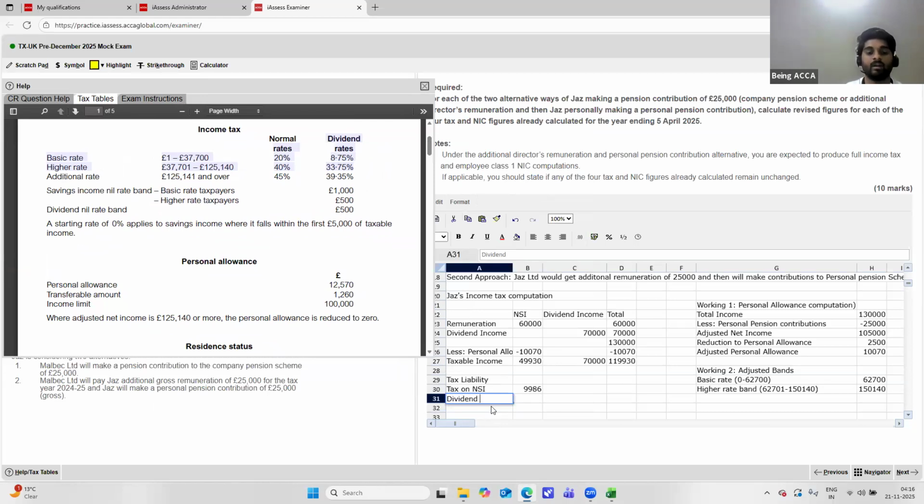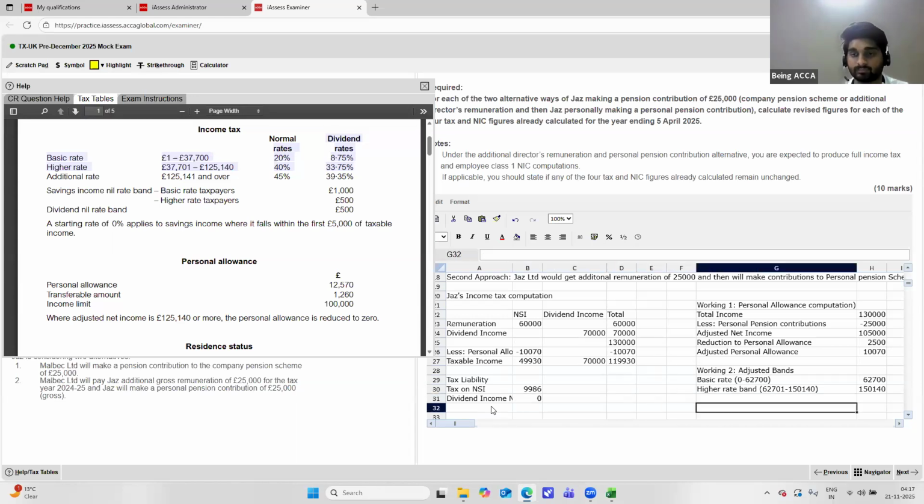Dividend income also has a nil rate band. The dividend income nil rate band would be for 500 at 0%, correct? Because for dividend income, the first 500 of the dividend income is always taxed at 0%. So for that reason, it would be 0. Now, how much of the band has been utilized? The remaining dividend income